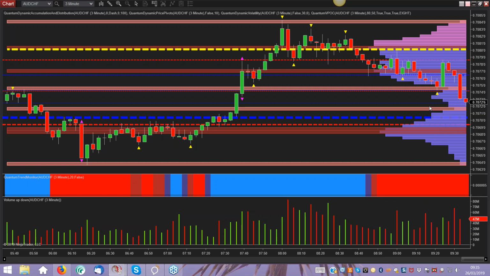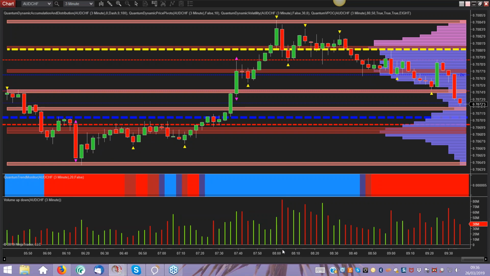Now, the other aspect I just wanted to highlight here, because again, it's a nice example. Please, please, please, as Anna said at the top of the show, be aware of session crossovers. The nice thing with Ninja here, you can just pick them off easily because they're highlighted. Ninja Trader works in real time, in your local time, so you don't have to hunt around, work backwards and take 2 hours off and all that sort of stuff that you do have to do on MT4 and MT5. This is 8 o'clock, London time, our time, when the London market opens. You will see this all the time in whatever pair you're trading.